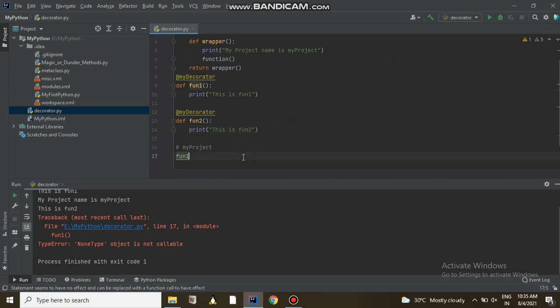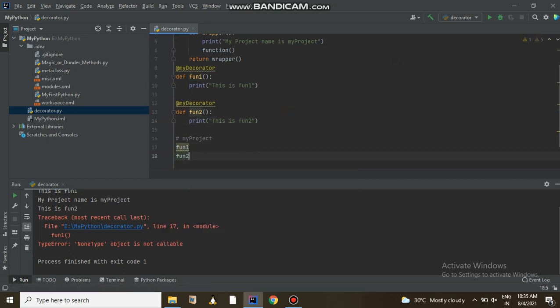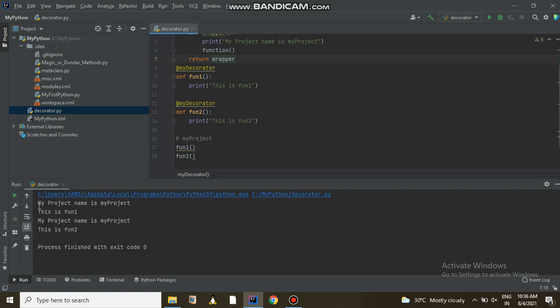So where is the problem? I need to call two functions, right? Oh, sorry. You need to return the wrapper. I already told you, every function in Python is a first class object, so you need to return the first class object, not execute it. No need to execute the wrapper function itself; returning wrapper itself is sufficient. Now execute. Yes, now you can see my project. So we are getting the correct response without explicitly passing the function inside the decorator every time.